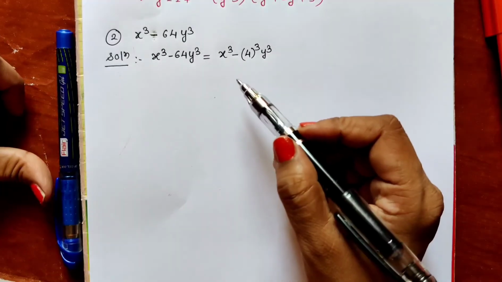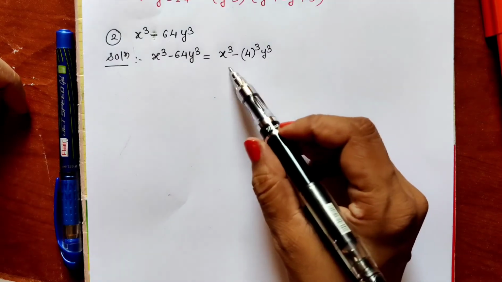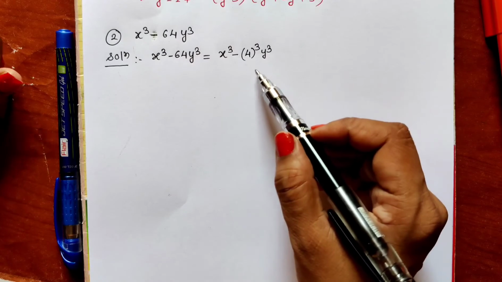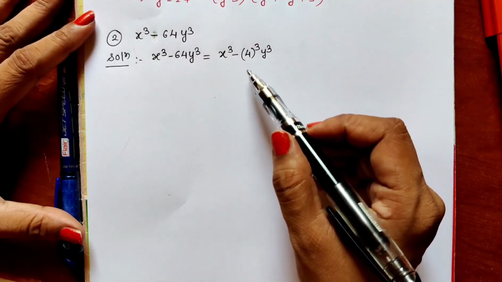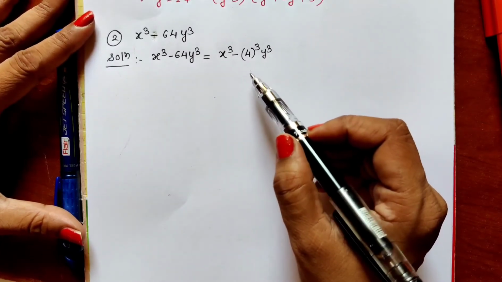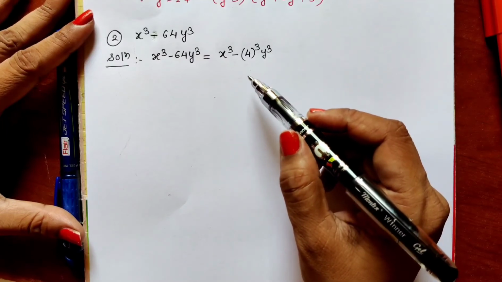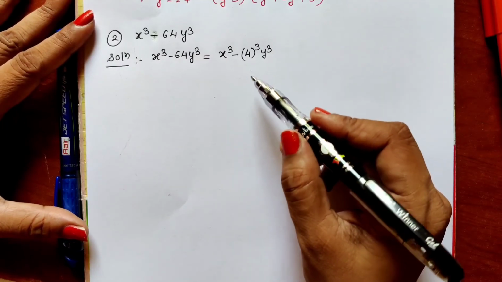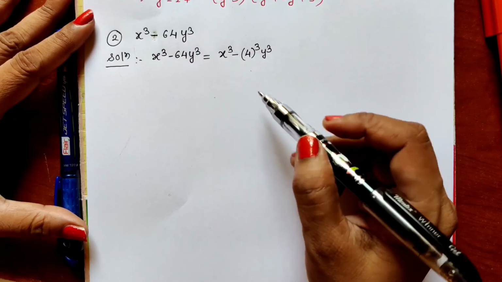If you all have seen 6.2, you will be getting a better understanding of how we are going to convert this into the proper cube, because in 6.2 I have explained it properly. So I am giving the link of practice set 6.2 in the description box. I suggest you to watch 6.1, after that 6.2, and then come to 6.3.